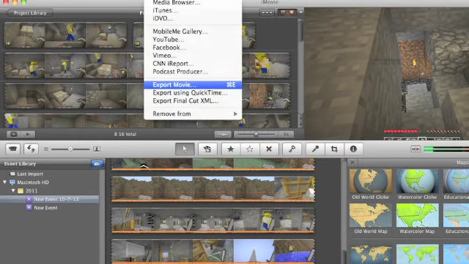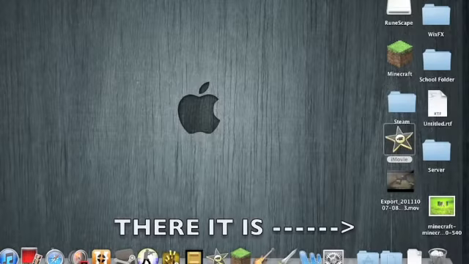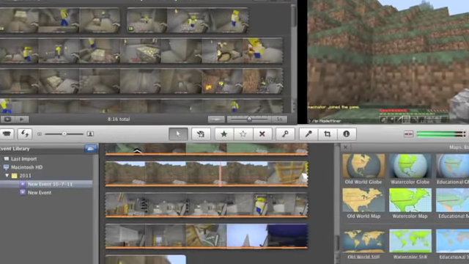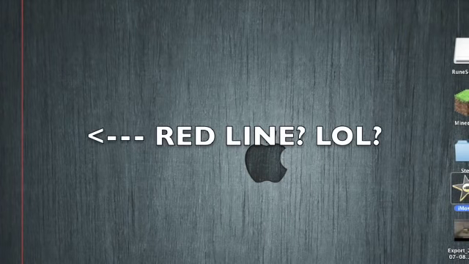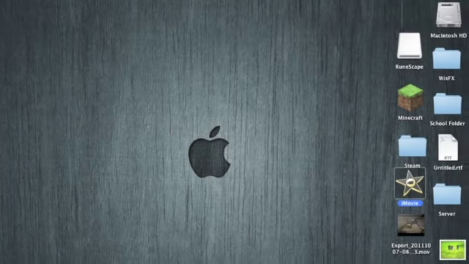And then after that, I just export my movie straight onto my desktop. After exporting it, it comes out to here. Okay, after that, I don't need my movie anymore. It's a waste of space. And it comes out